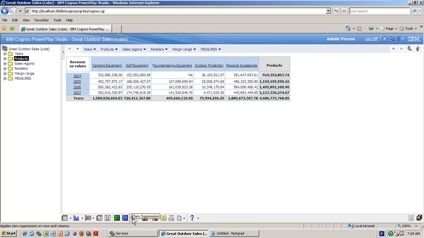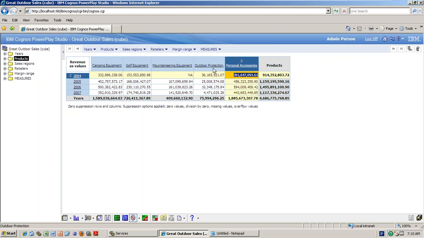But if you do the zero suppression, nothing will happen because the entire row should be 0. Then only it will be hidden. So here you are able to get it, right? These are all 300, 150, but these are very, very low values. See this: 36 is very low and not applicable is very low. So compared to these values, this value is very low. So in 80/20 suppression, even though the value is not 0 or not an applicable value, if it is comparatively very low compared to the remaining values, then it will be hidden. That is what 80/20 suppression is. At least it is not occupying 20%.